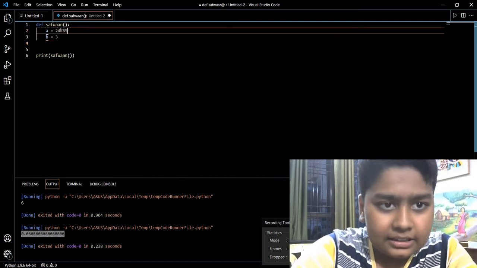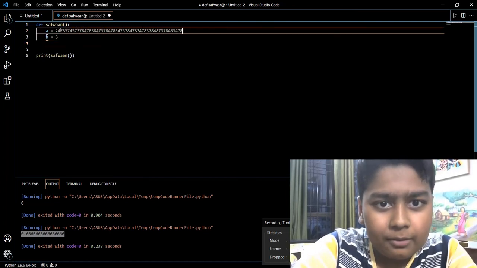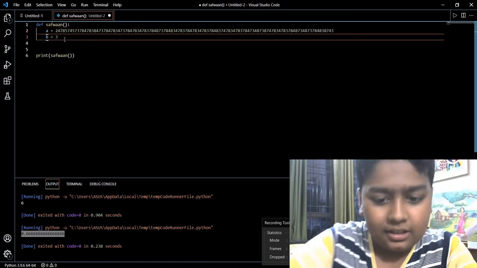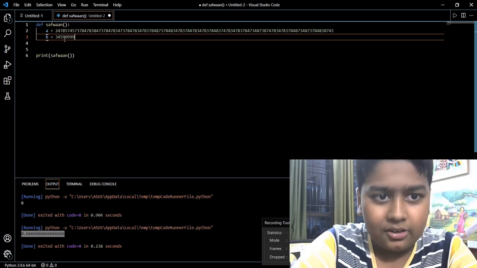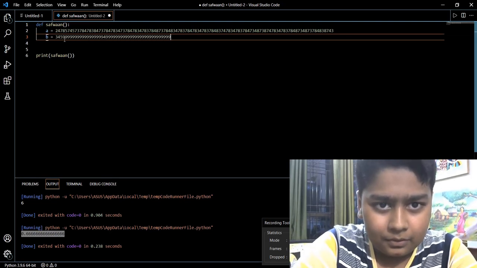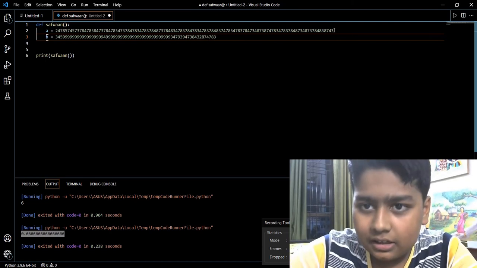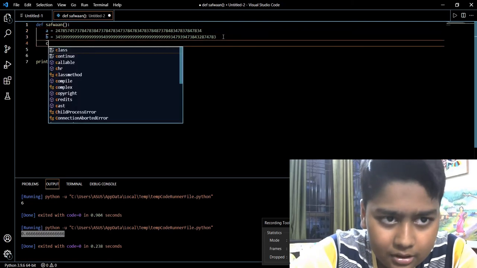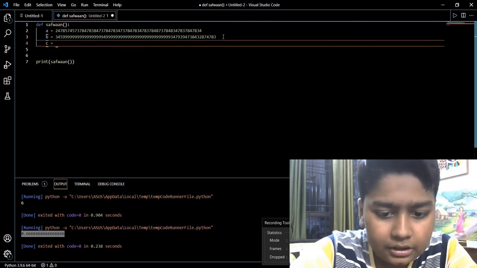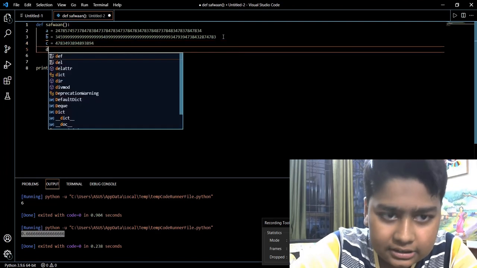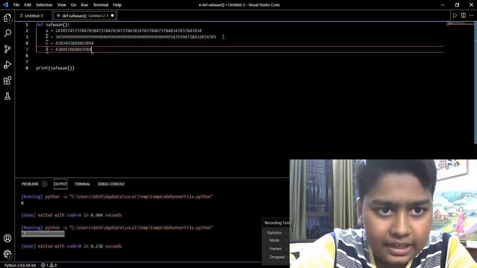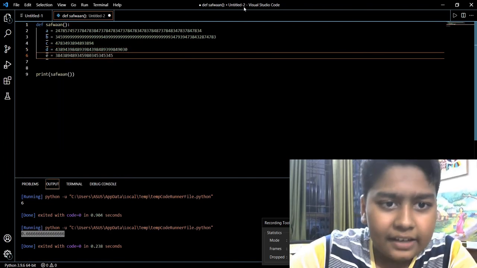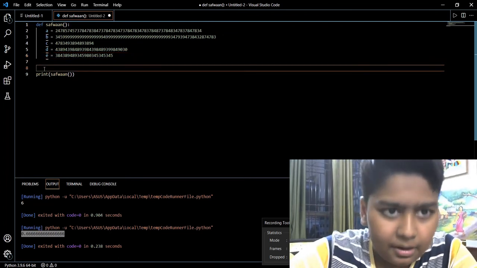Now what if we take a bigger number? Let's say that... no problem, Python can beat the calculator. No worries, my friend. Okay. So then I want to create another variable, so I will write C, then another number, then D, then another number, then E, another number. So I created some variables with some numbers.